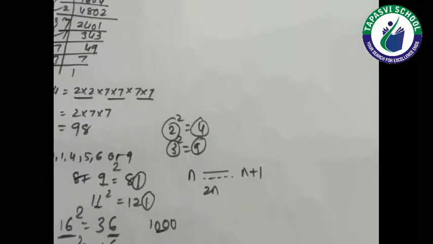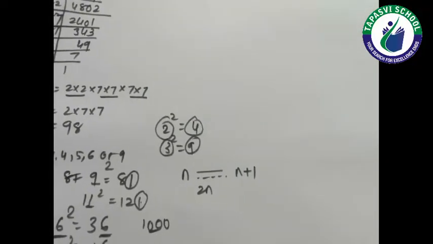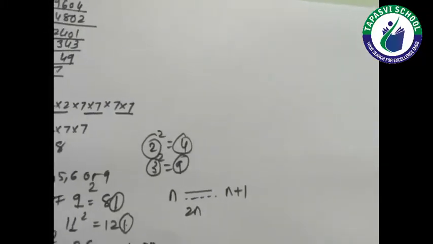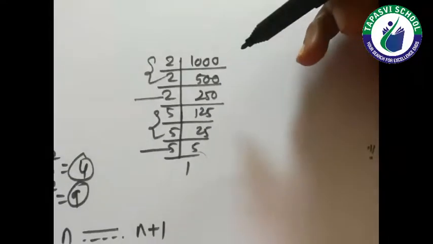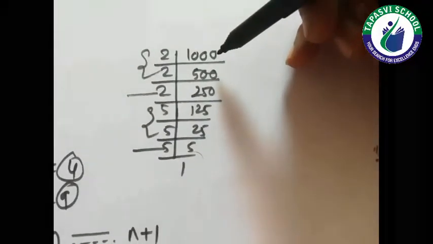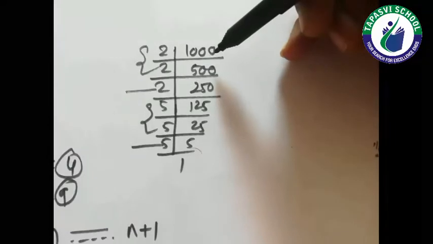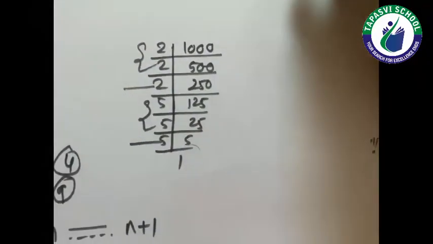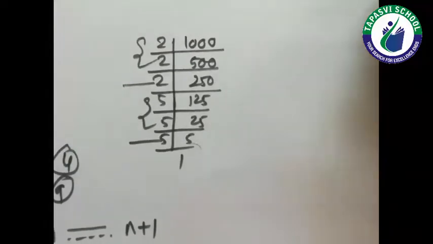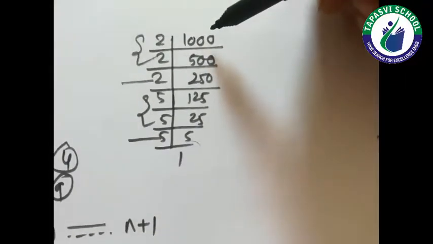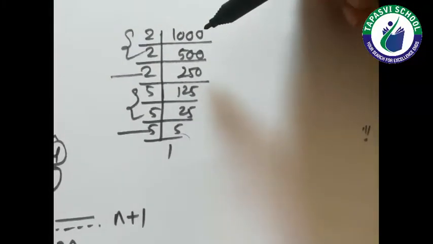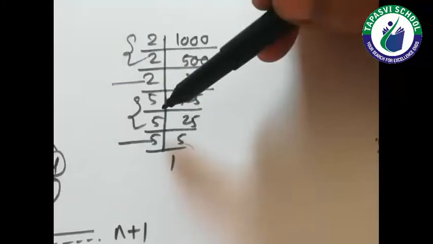Okay, by which number do I have to multiply the given number so that it becomes a perfect square number? Now here, students, suppose we are taking one example, 1000. We know that this is not a perfect square number, but I want to make it a perfect square, and for that, by which number are we supposed to multiply 1000 so that it becomes a perfect square number, that I want to check. So what I will do, I will factorize this number.